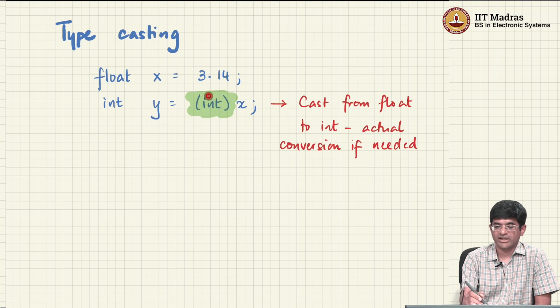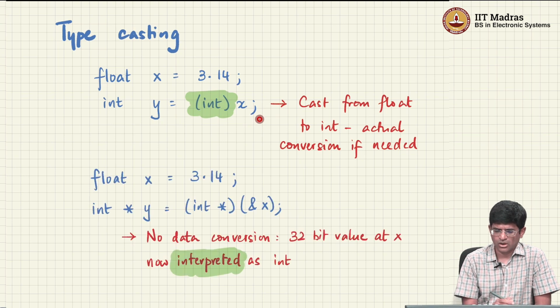What it's doing is it's actually even converting the value that you have. A 3.14 is actually going to get converted into 3 over here, right? On the other hand, what if I said x is equal to 3.14 as float, but then I say that y is an int star,